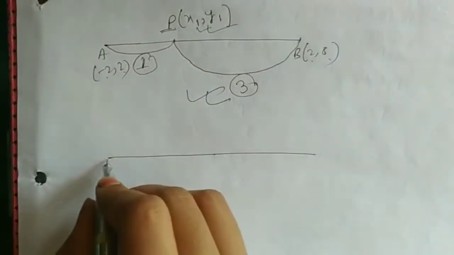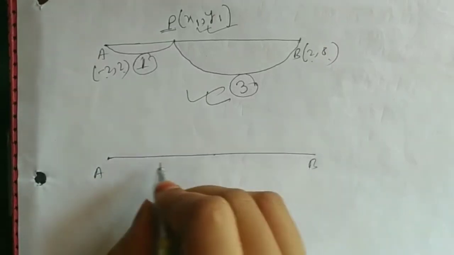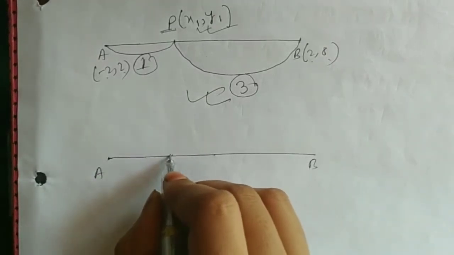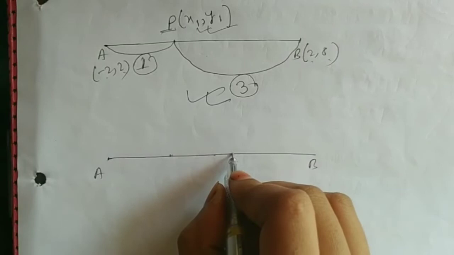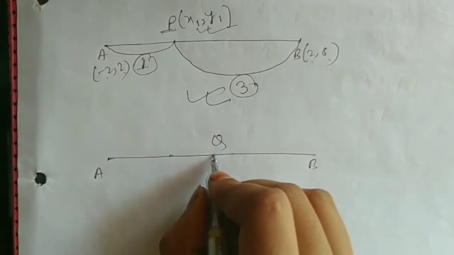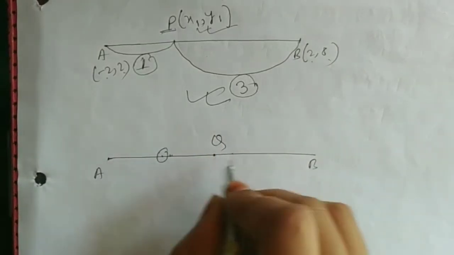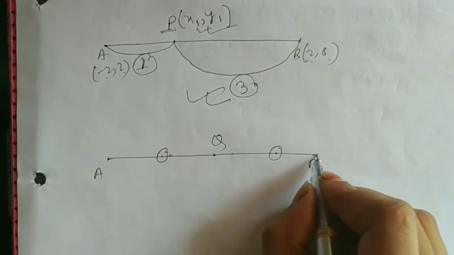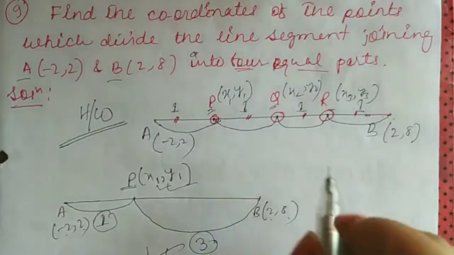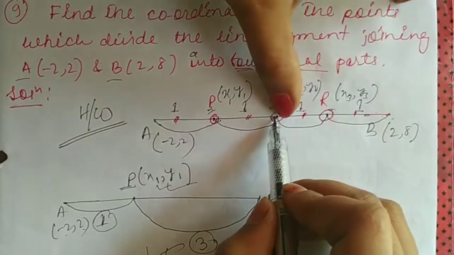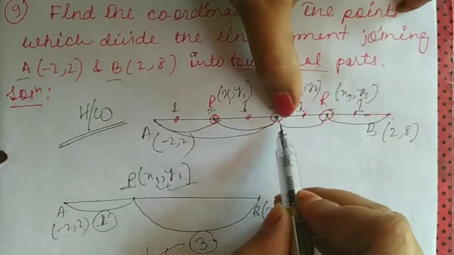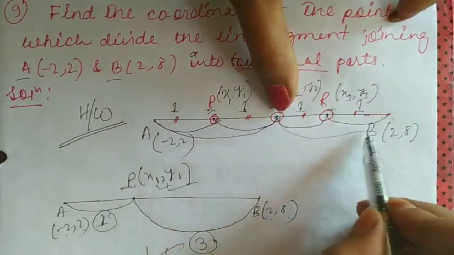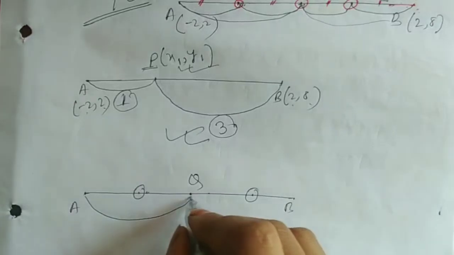Again for Q, suppose this one is AB and P is here. Q is here. Q is in the middle portion. Okay. So there is one point and there is another point here. Is it? So here is one. Q is put here. So we will write AQ, again QB. So here you can see AQ and QB.